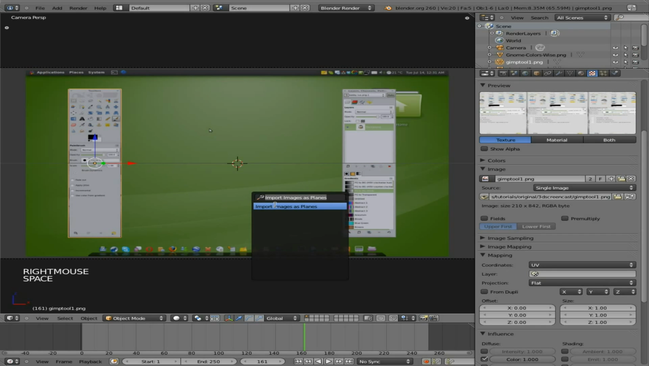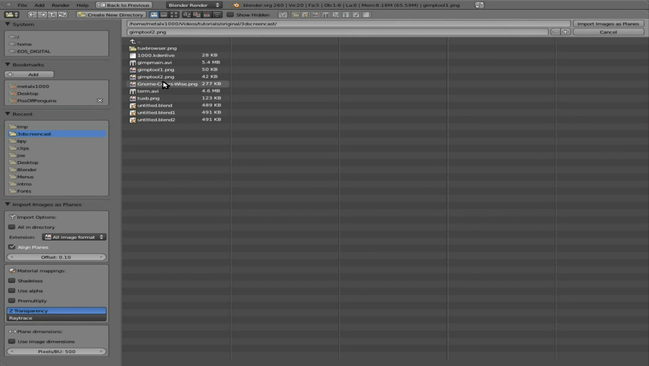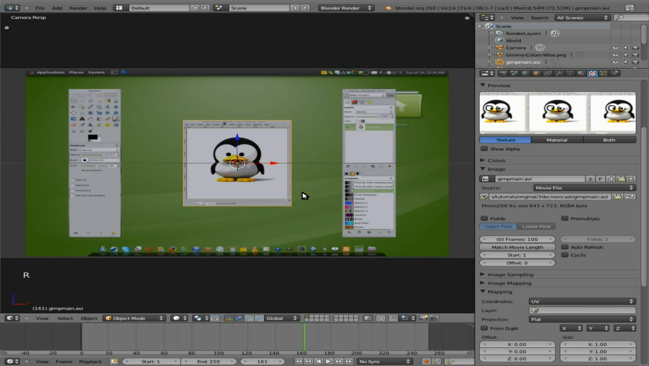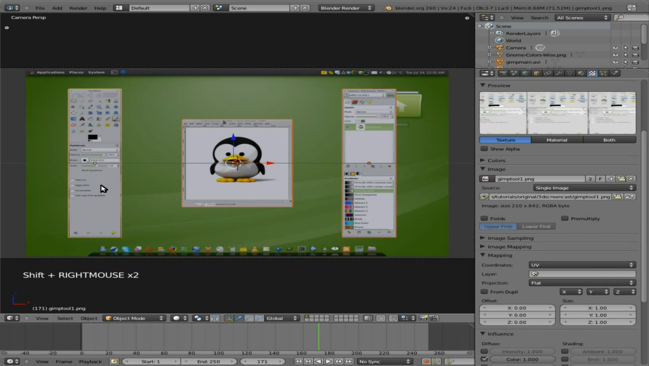Okay, and then we're going to import another plane here, and this one's going to be a video, GIMP main, rotate X 90, grab on the Y-axis, move it up a little bit. Okay. So now, let me go down 10 frames, those are there. I'm going to go here, up 10 more frames, and I'm going to choose all three of these, set a keyframe for them, and go